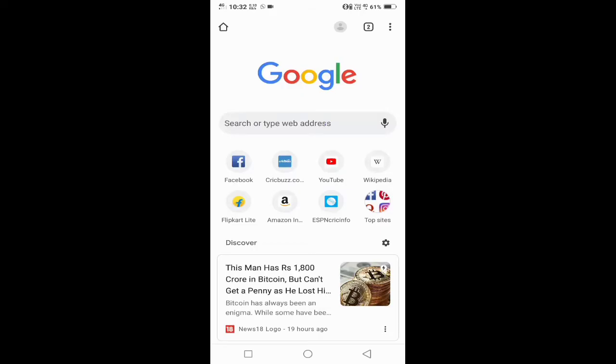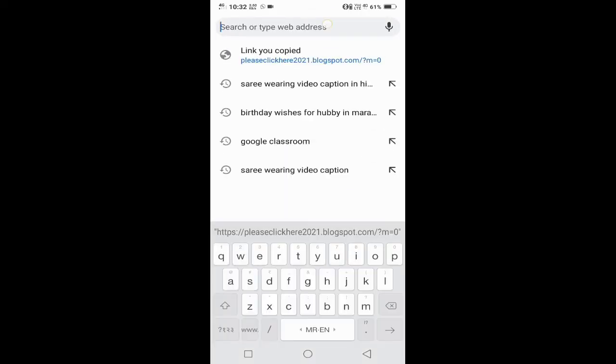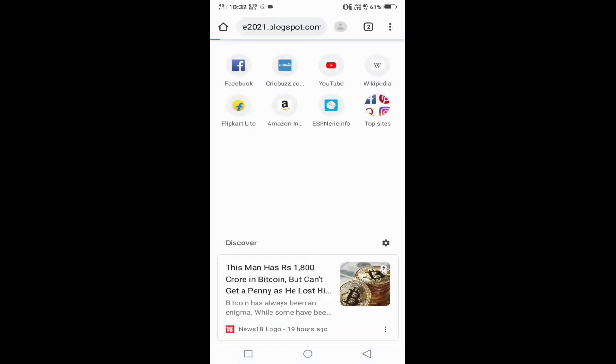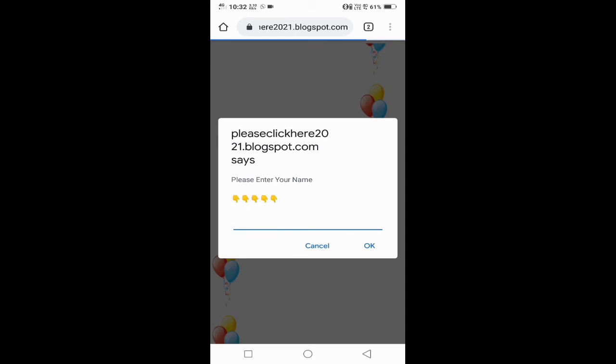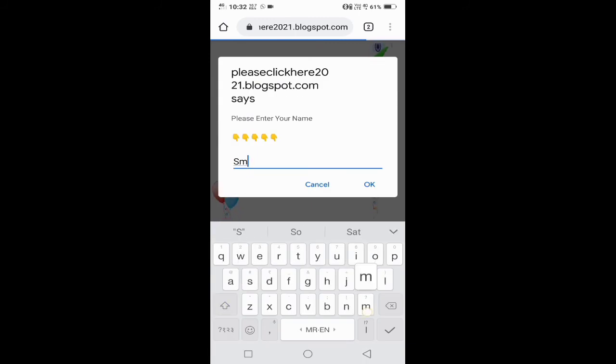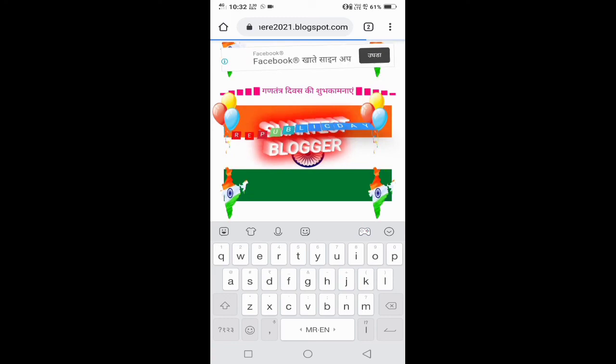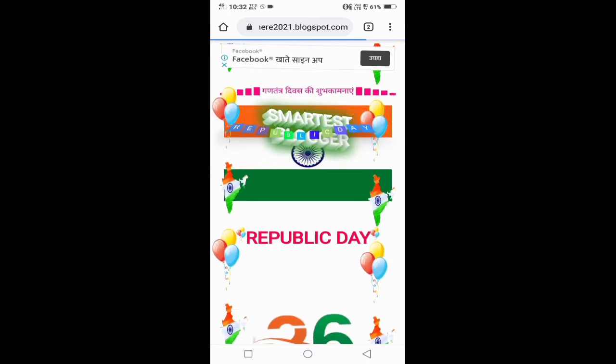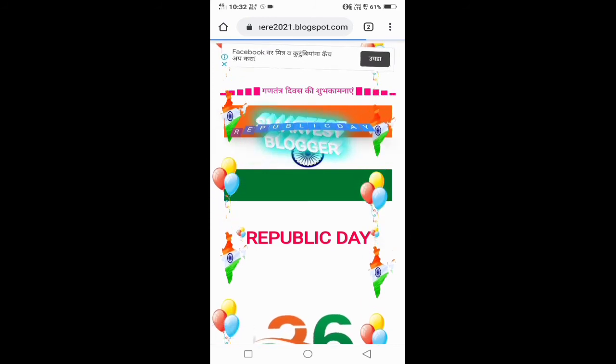Here I will show you with proof that I have placed Google AdMob ads in my wishing script. So I will search my site. I will enter my name. After entering the name, I will click on OK. Here you can see Google Ads are running.